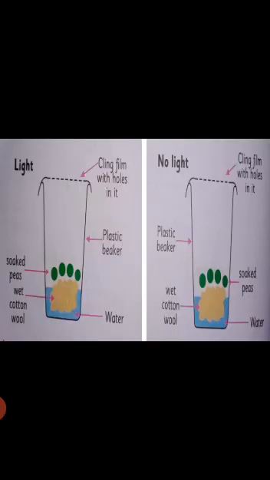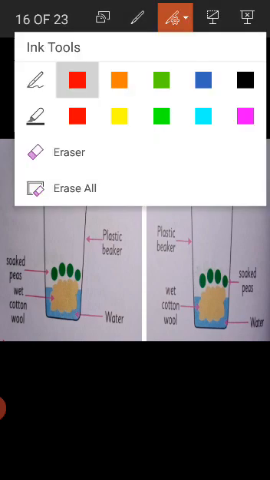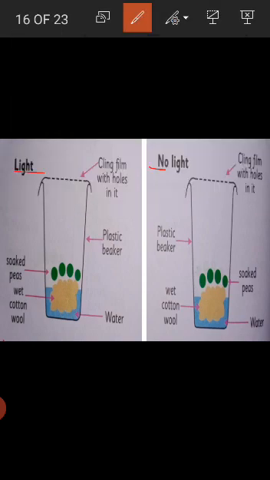Then students, the third activity is: light is necessary for germination. Students, take two beakers and place cotton wool in the bottom of each beaker. Then add seeds to each beaker and label the beakers light and no light. Then add enough water to both beakers to saturate the cotton but not to cover the seeds. Cover both beakers with cling film and pierce 20 holes in the cling film of the beaker using a